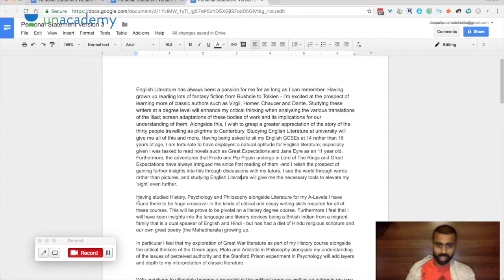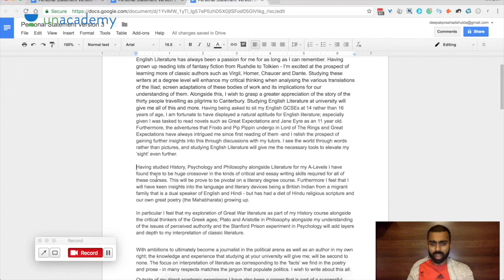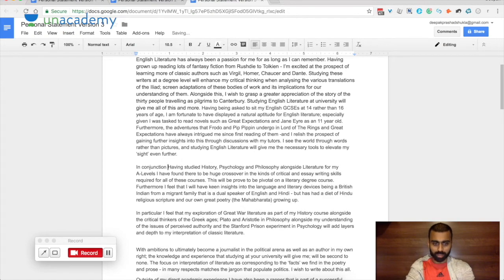Let's go ahead and look at the second stage of that actual personal statement so we can get a sense of what the next steps required are. So the next thing is having studied history, psychology, and philosophy alongside literature. Moreover, in conjunction, we're looking for connectors. In conjunction with this, having studied history, philosophy, and psychology alongside literature for my A-levels, I have found there to be a huge crossover